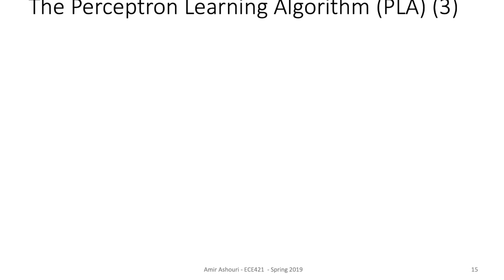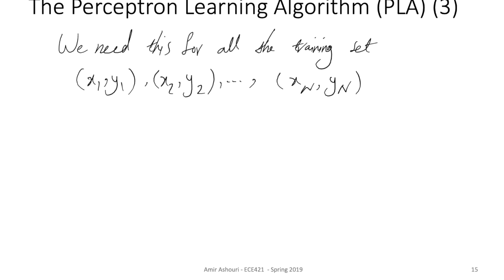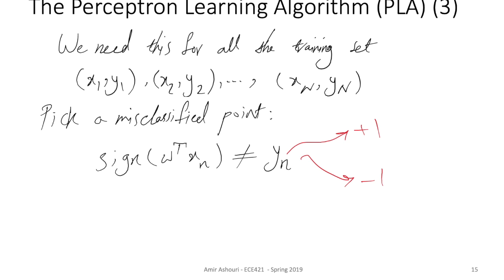All right. Now, let's see how PLA can help us train step by step and converge to a better point to classify better. So we need this for all our x1, y1, x2, y2, and so on up to xn and yn. So the PLA starts from picking a misclassified point in our